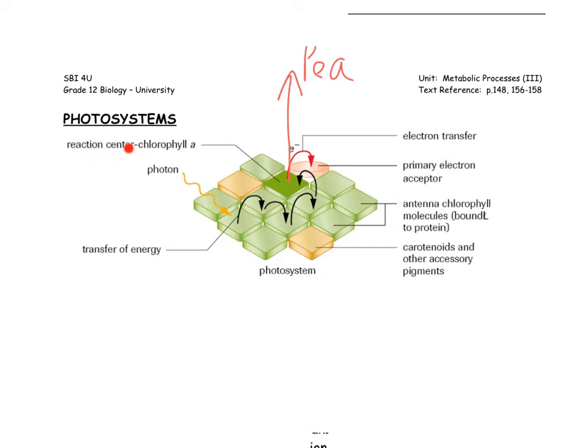That reaction center is always chlorophyll A. Chlorophyll A is, again, that main photosynthetic pigment. But in a photosystem, you're also going to see other pigments which are called antenna pigments. You're going to have a variety of other pigments that make up the photosystem that are just embedded in our thylakoid membrane. So this would be representative of our thylakoid membrane and the molecules embedded within it. We have all these other pigments, referred to as antenna pigments, along with our other accessory pigments, and they essentially just channel energy towards our main reaction center, chlorophyll